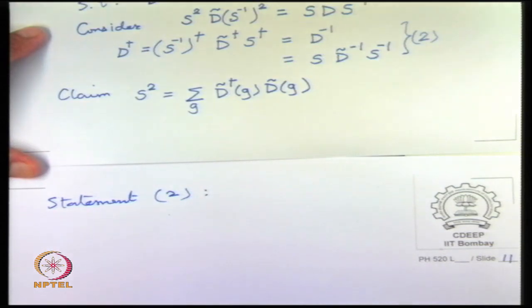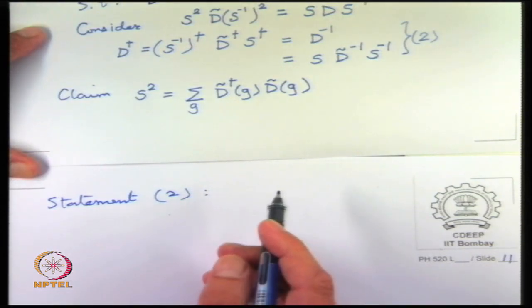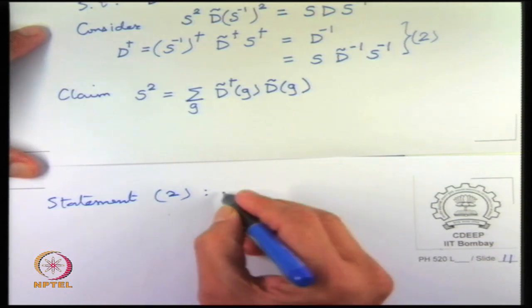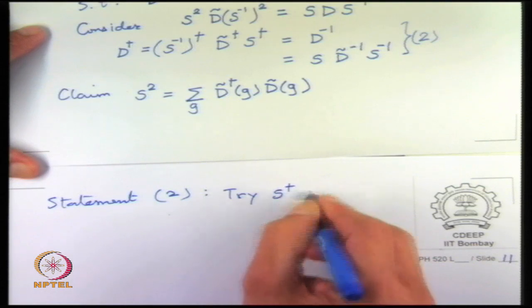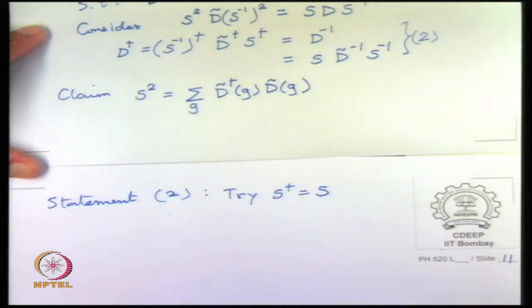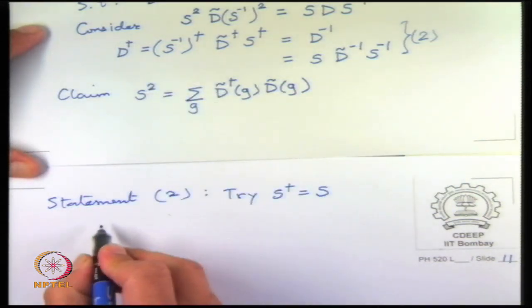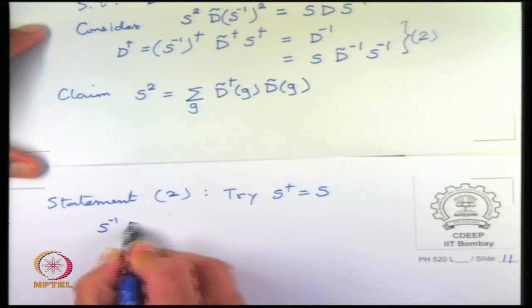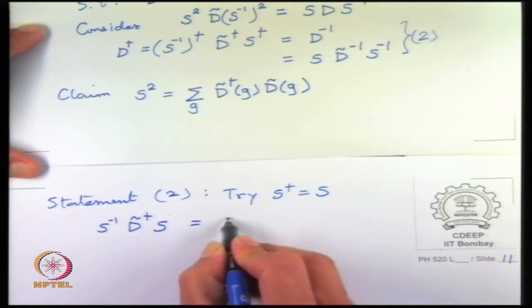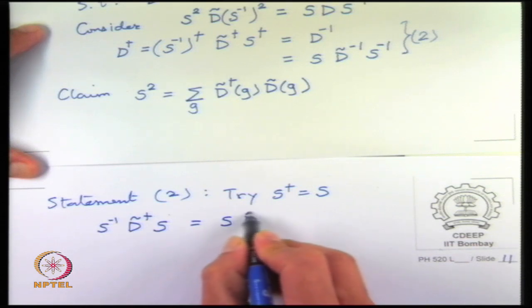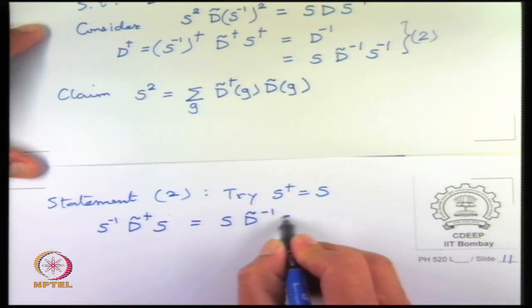So we make one further assumption that S dagger is equal to S. So we try to look for S which is Hermitian. Okay. Then the statement 2 is of the form S inverse D tilde dagger S equal to S D tilde inverse S inverse,